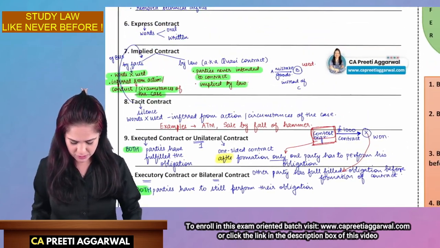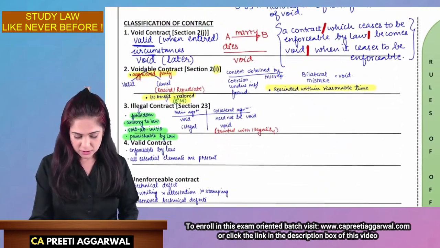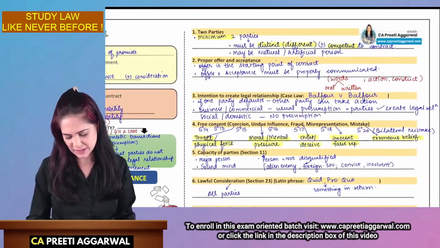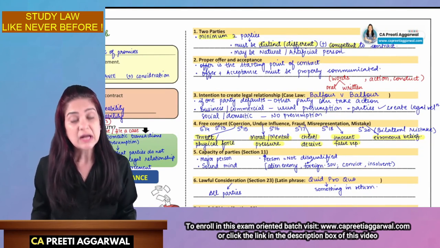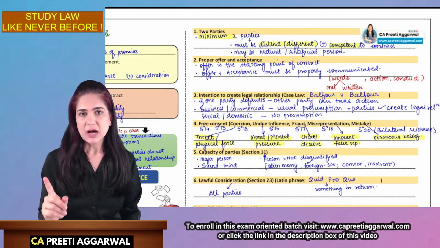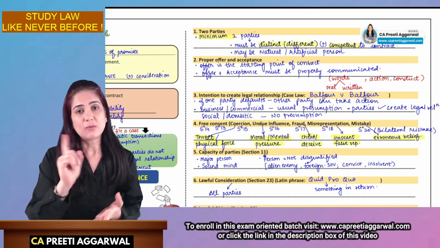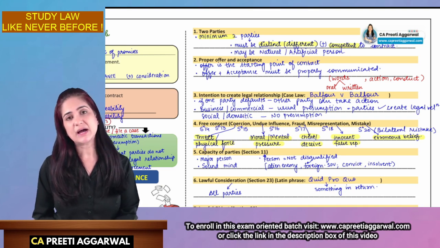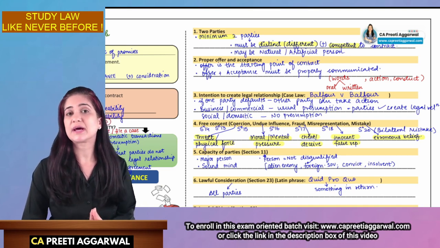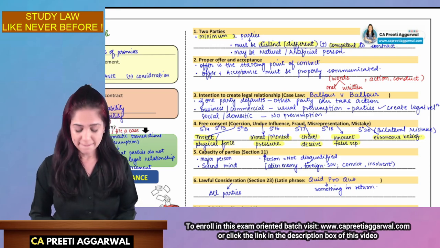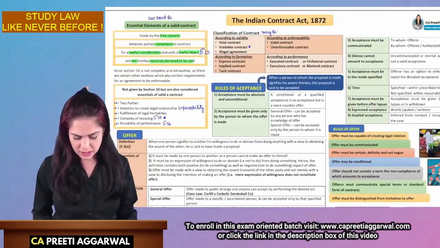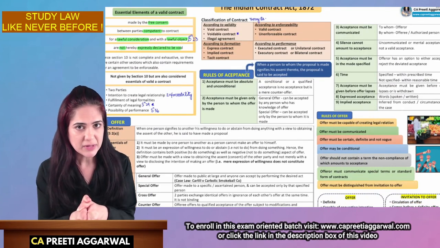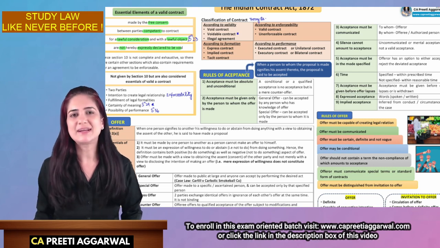So students, with this, we complete your chart book revision on the first part, that is types of contracts and the essential elements of a valid contract. In my next session, I will write and practice one question with you. Not many questions have been asked on this, but I will write and practice one question so that you get an idea about how to write answers. Then we will also discuss the chapter on offer and acceptance. So please revise that chapter, and then we will revise and then write and practice.